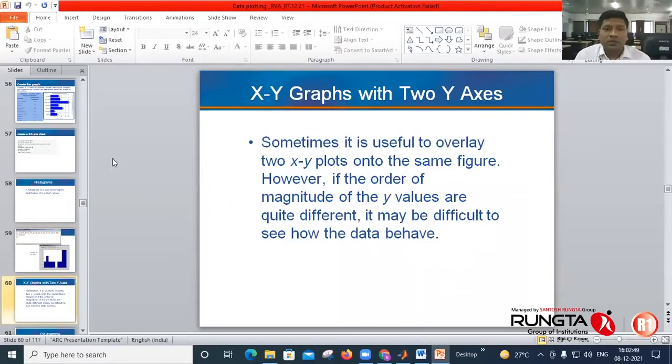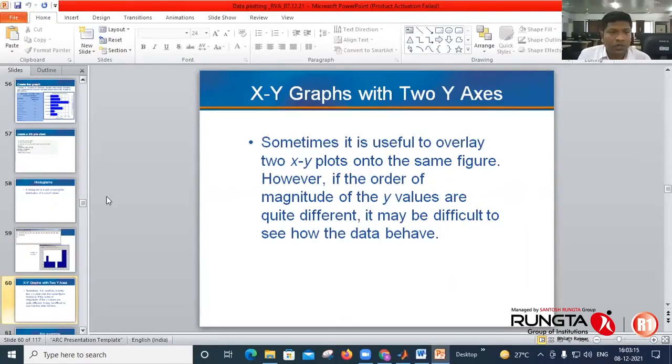Then in some cases, you want to draw a graph with two y-axes. Okay, an xy graph with two y-axes. Sometimes it is useful to overlay two xy plots onto the same figure. However, if the order of magnitude of the y values is quite different, it may be difficult to see how the data would behave.